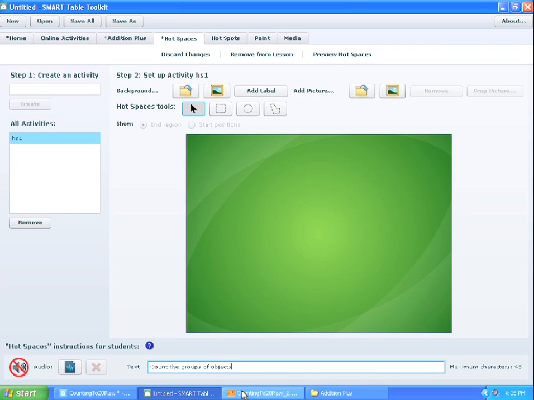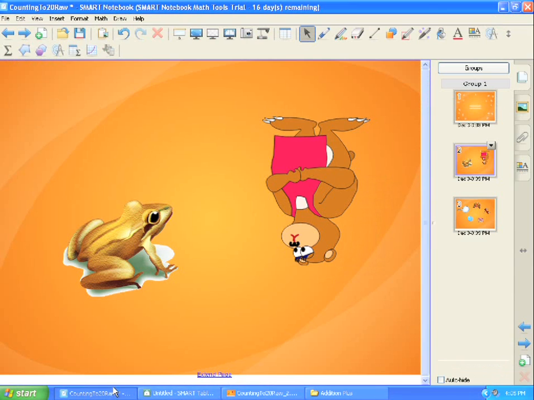And I would add some audio, it's going to be a little more explanatory. They explained in simple language that they were counting the objects and dragging them to the number of the hot space they think it goes to. Okay, so create my background into my notebook page, and I'll probably